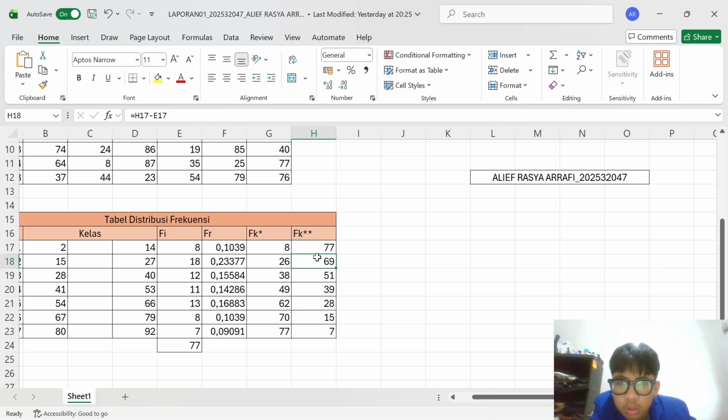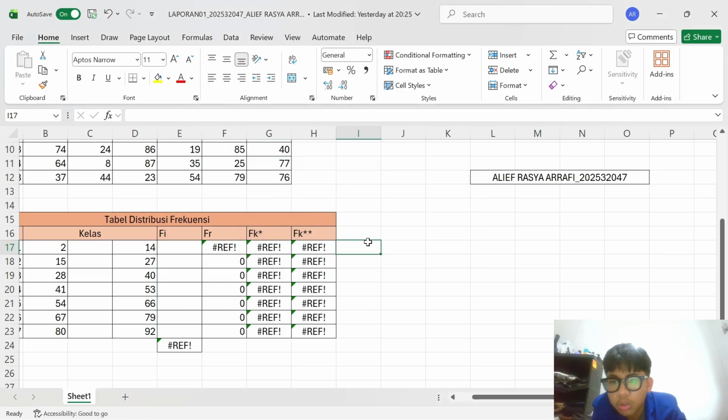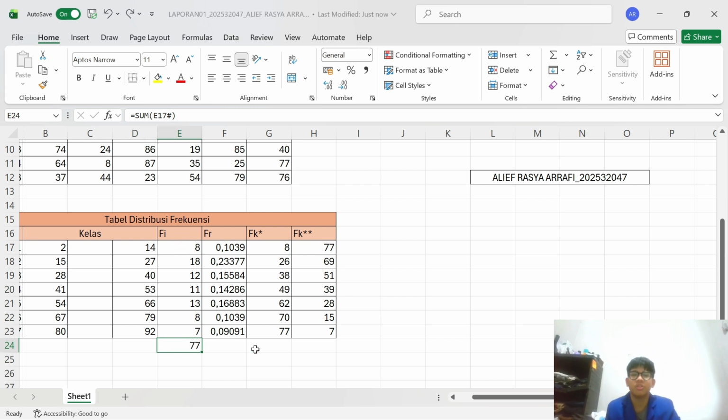And next is 77 minus this, minus H12. Then we use the same tricks, and this is the total of frequency, so equal SUM all the data block, and the result is 77.